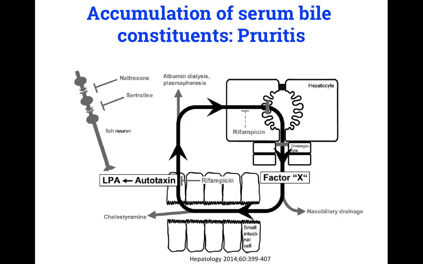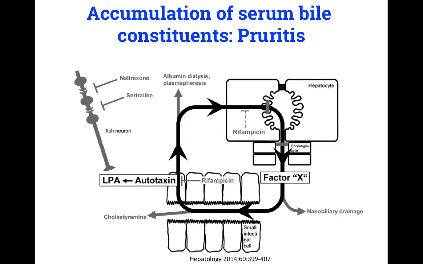And the transmission of the message can be altered by opioidergic and serotonin-related input. What we now think is that this entity within the bile that can promote itching, and again builds up in the blood,